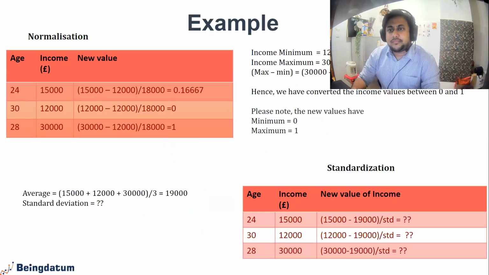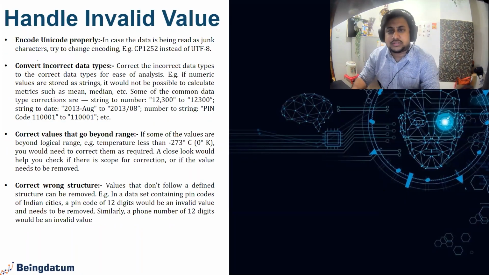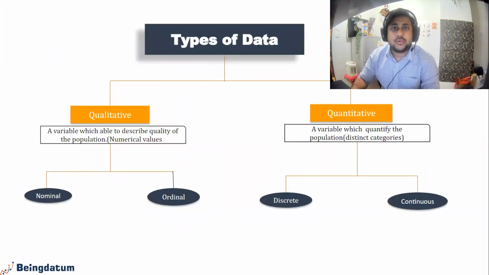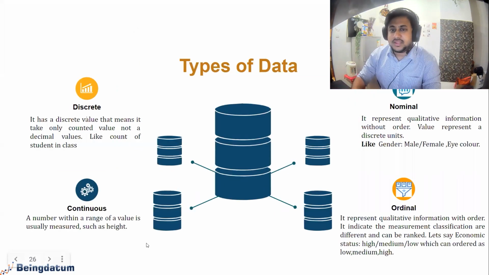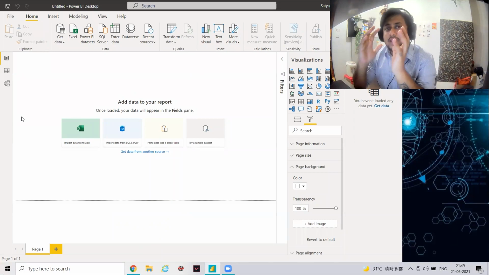So moving ahead, there are a lot of topics which I have covered in that video. I'll not go through all these things today, because today we are going to perform EDA on our telecom dataset. And again, I'm not going to use Python. I'm going to use Power BI because it's an end-to-end data analyst and business analyst project, right? So let's get started. Just giving you a hint that we need to do categorical analysis.